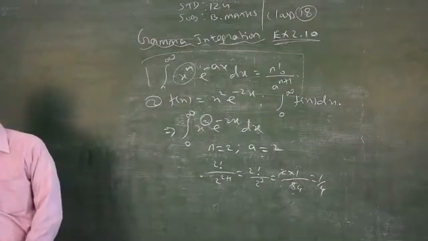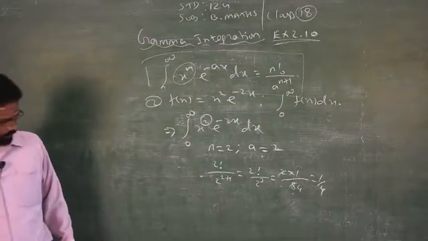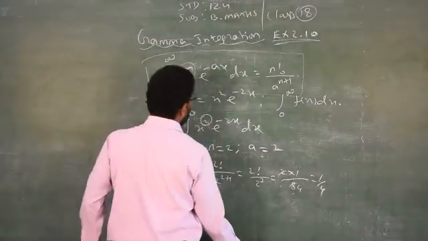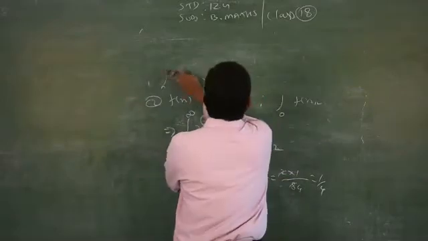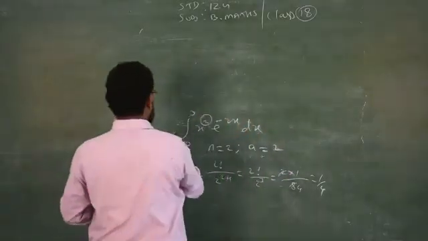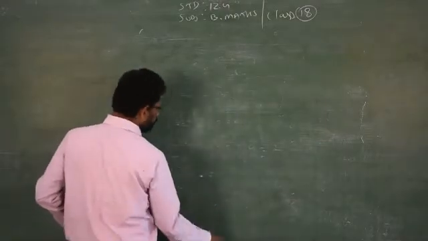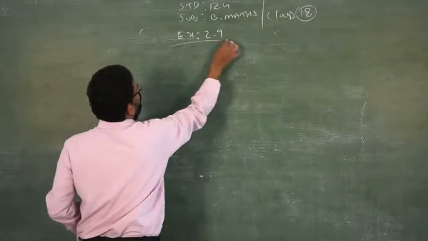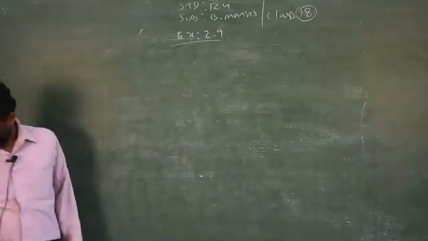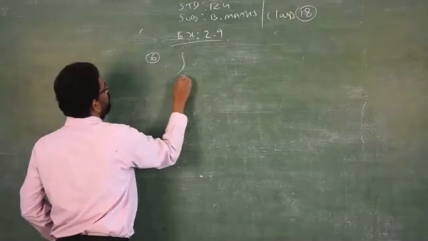So next we will go to the previous exercise. I gave it as homework. Clear? So we will do it now. This is exercise number 2.8. Now exercise number 2.9, the last problem. Exercise 2.9, the last problem, sixth sum, 0 to 1,